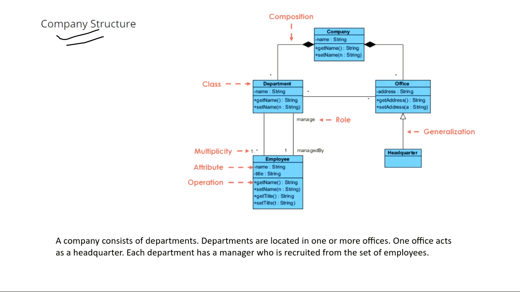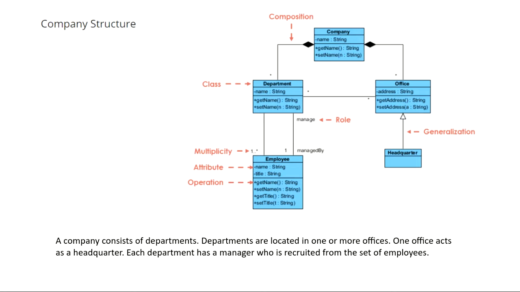How will you identify object diagrams? The object name will be here, with this symbol, and the class of which the object has been created, and these will be underlined. Then you will know that this is an object. Not only the data types or attributes will be given, but exactly the values these attributes hold. For example, what the value of name is while making the object. Particular instances will be given.